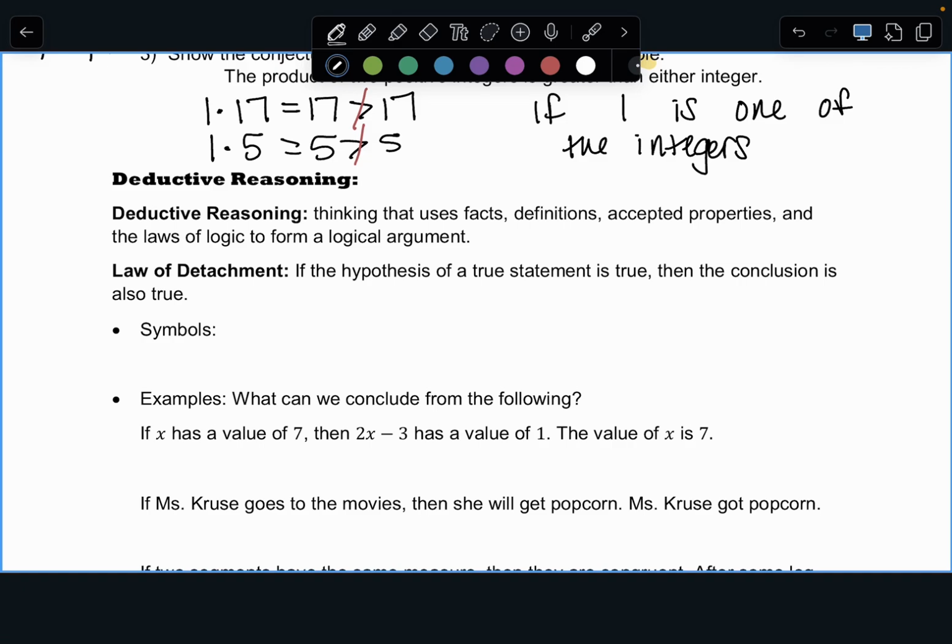So, last week, we did inductive reasoning. We went from small examples or observations or experiments to coming up with a pattern and making a conjecture for the general case. Today,